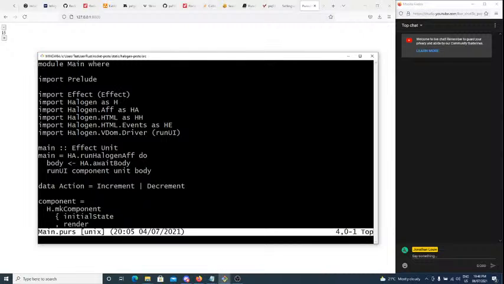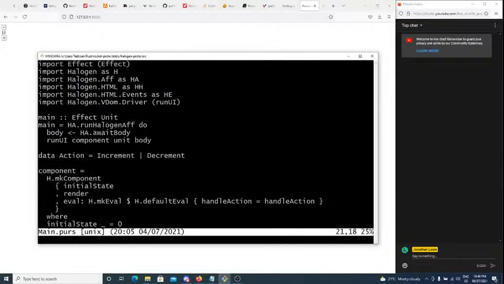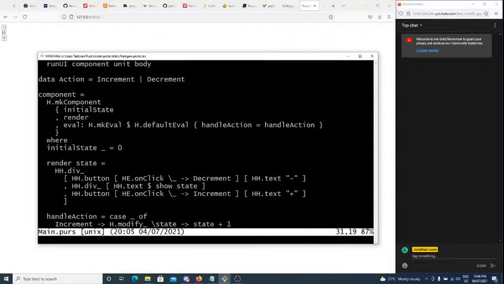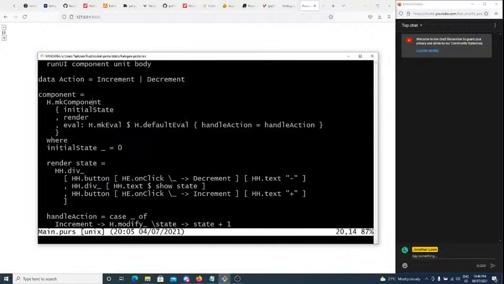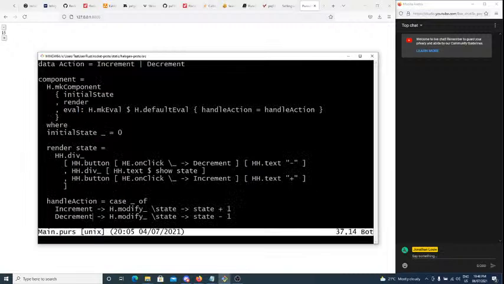But yeah, here's a basic PureScript example using halogen, of course. We have a notion of components. This is very similar to React. There's a lot of stuff here that's quite similar to React. Of course, it isn't exactly React, right? HTML, like this, isn't a component of its own. You have to use that to build a component.